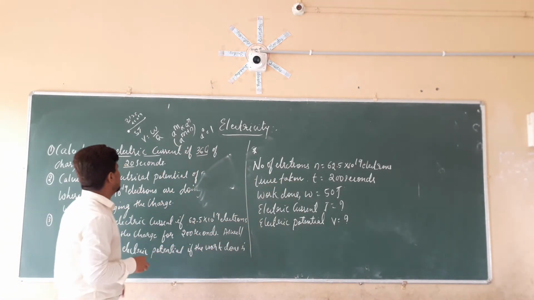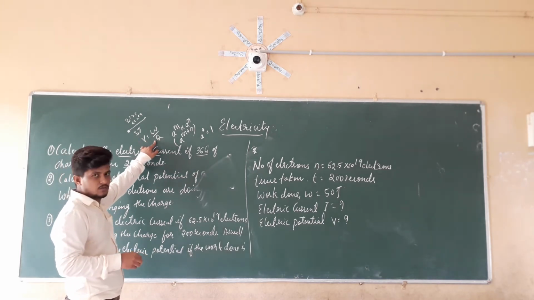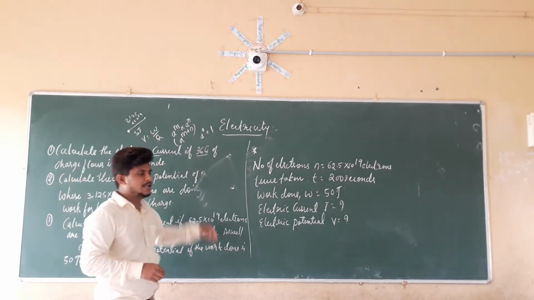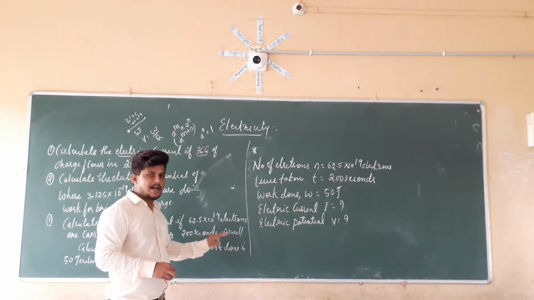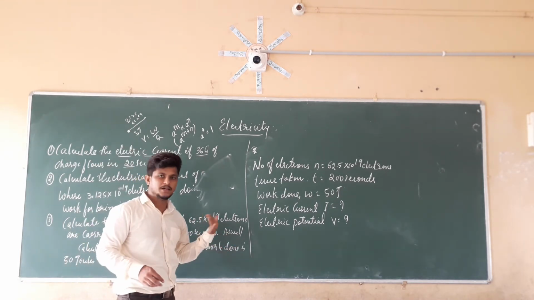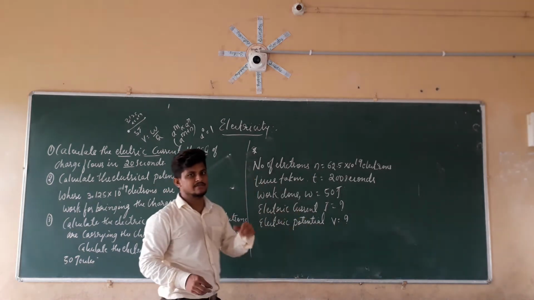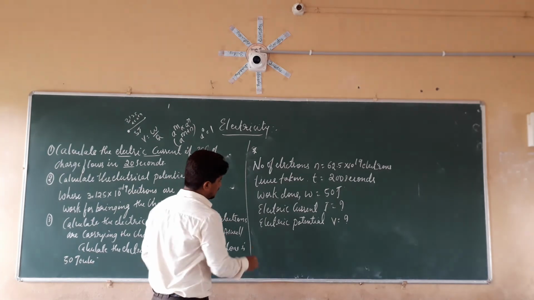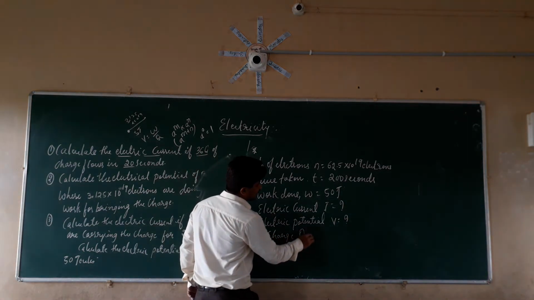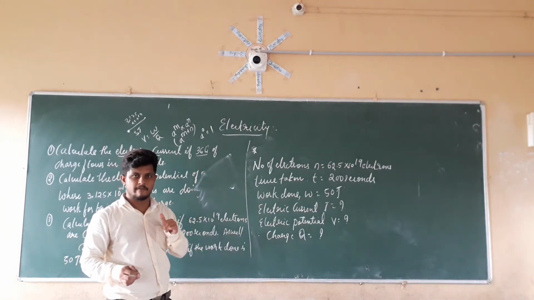We already know that for calculating electric potential, V, we have the formula W by Q. So we have to know the value of Q. In the same way, the formula for electric current is I equal to Q by T. For that reason also we have to find out the charge first. Since charge is not given in the problem statement, we have to calculate the charge first. Therefore, charge Q is equal to question mark. So one by one we are going to find out all those values.